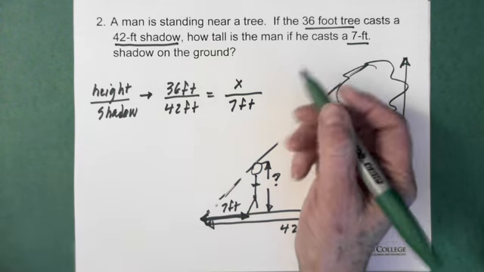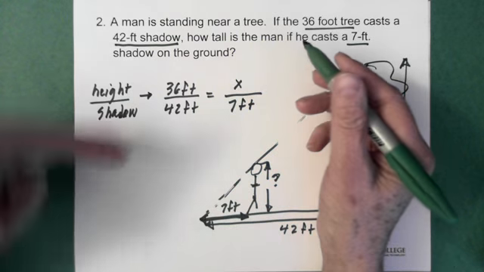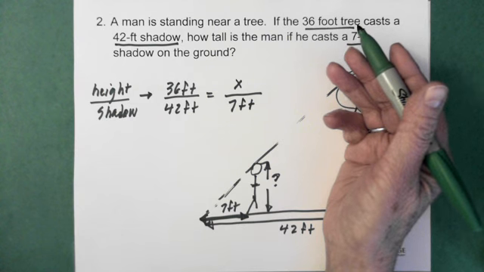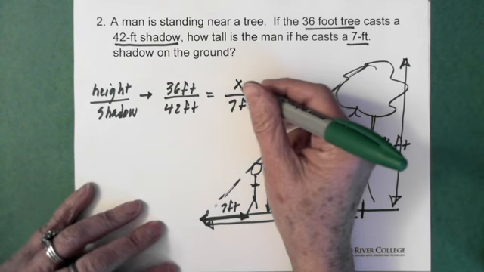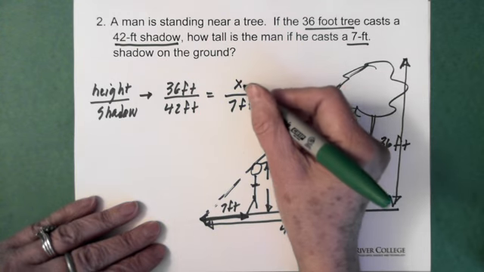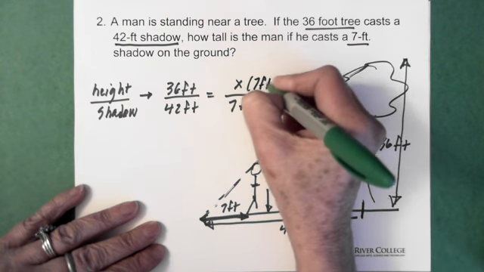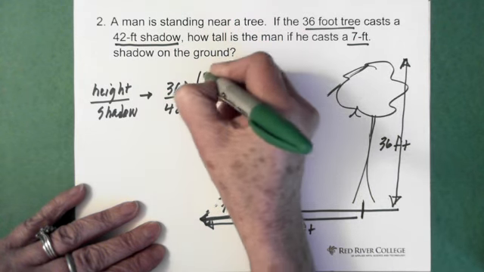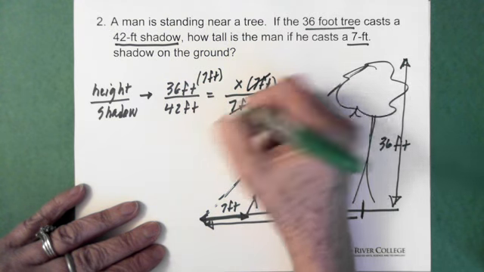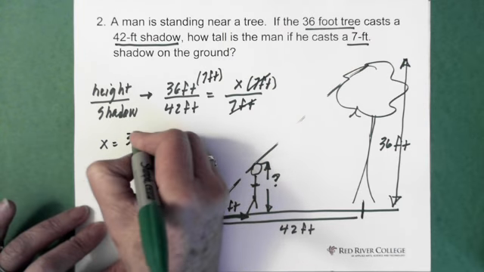Notice as well that I try to set it up so the unknown is in the numerator. We could set it up so both of these were flipped, but it just makes the math a little bit more work. So you have x on top. We only have to do basically one step. We're trying to solve for x, so here we multiply by our 7 feet. We multiply on this side by the 7 feet. These two become 1, and we're left with x equals 36 feet